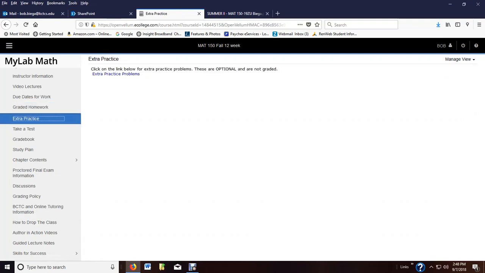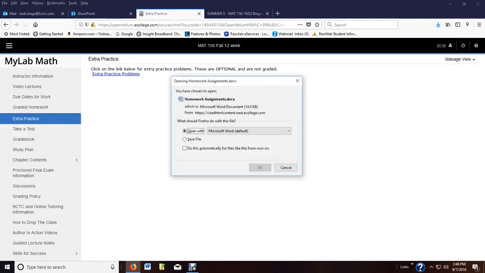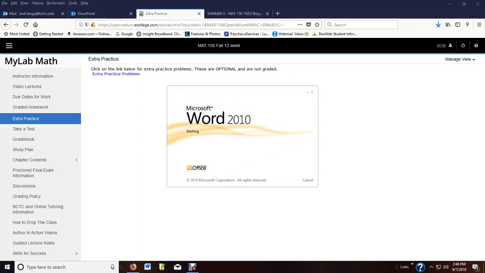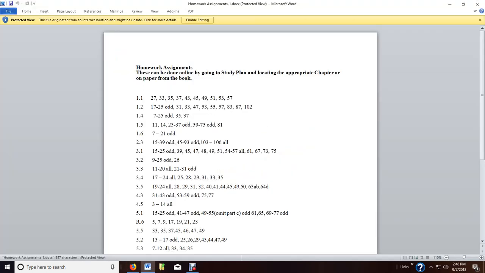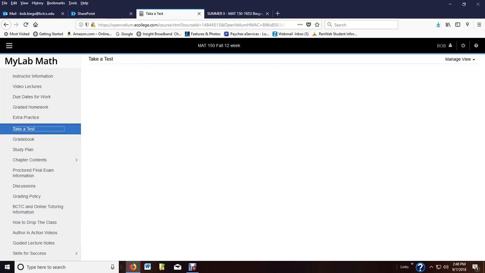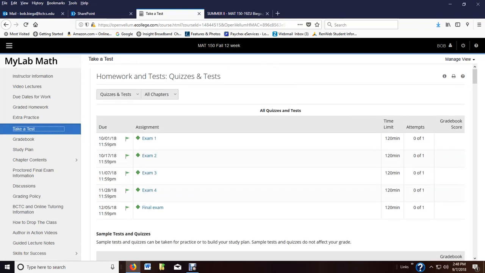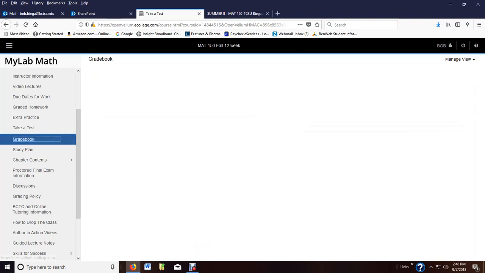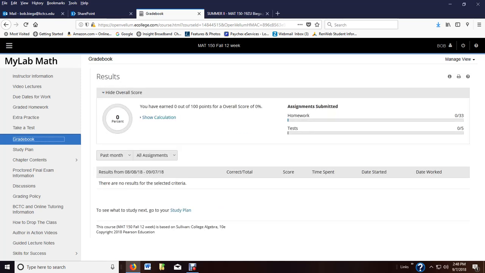Extra practice. These are optional, not graded. You can do them out of the book if you like doing stuff on pencil and paper, because your text is online. You can also do them by going to the study plan, which I'll show you here in a second, which allows you to pick and choose questions from chapters you want to work on. The take a test is where your tests are located. So here's your 4 exams and the final. You get 1 attempt, unless something happens where you have technical difficulties,